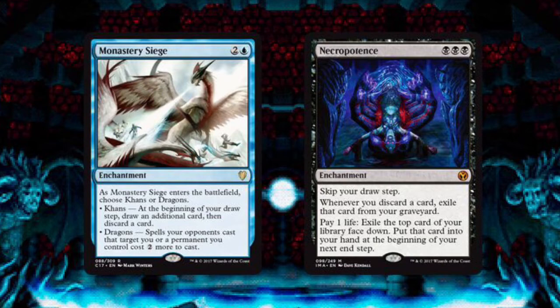Monastery Siege is a helpful dual-threat enchantment. Not only can it draw us extra cards at our upkeep, it also protects Zur from targeted removal. When it comes to enchantment card draw options though, the clear winner is Necropotence. This classic enchantment allows us to dig deep into our deck and find the pieces we need to finish out